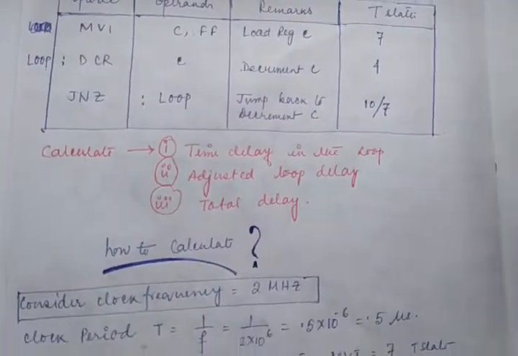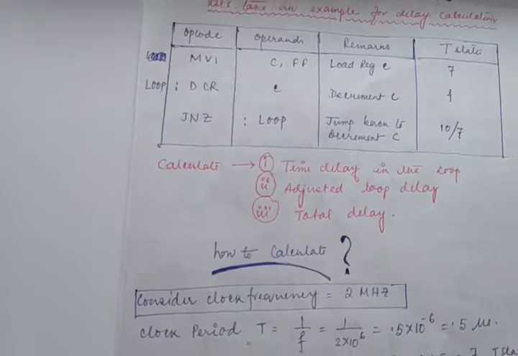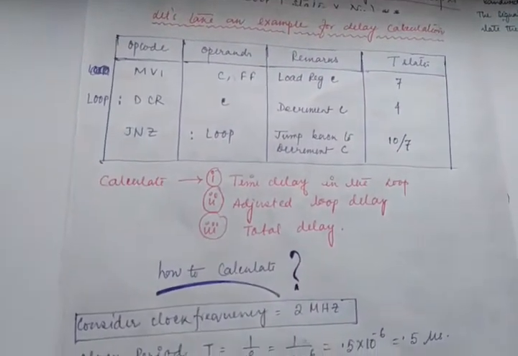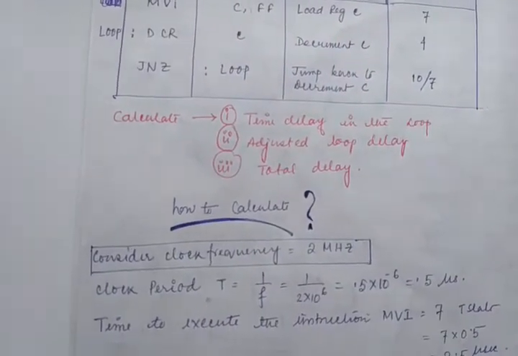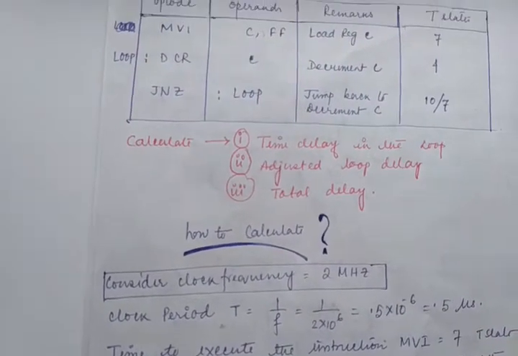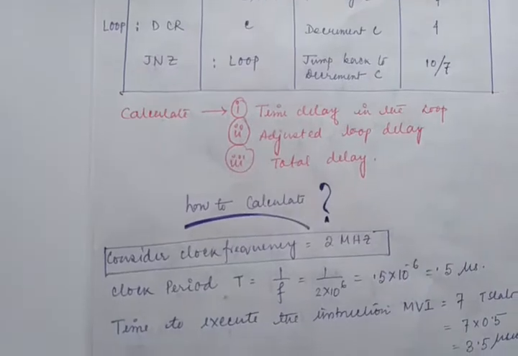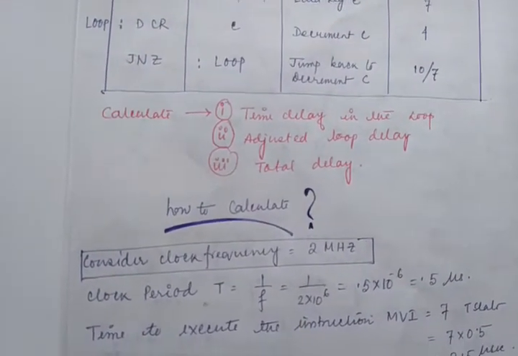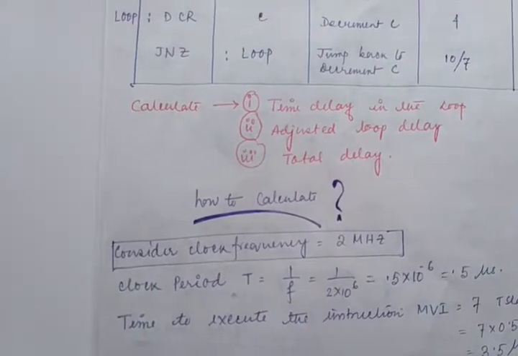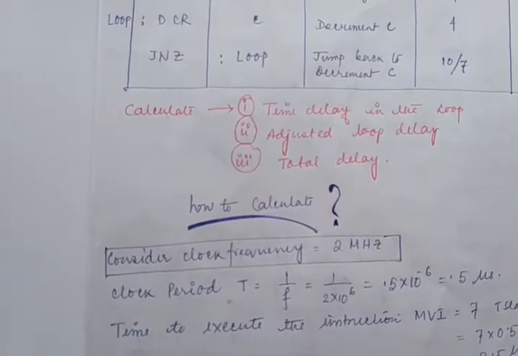But all the parts have their own individual significance, and based on that you will be able to calculate this delay part, right? Okay, so first of all, before going to the detail section, my requirement is the considered internal clock frequency. Normally it is taken as 3 megahertz, but here I am giving you the clock frequency as 2 megahertz. But if it is not mentioned, you will take the value of 3 megahertz, right?